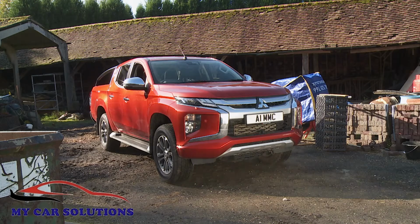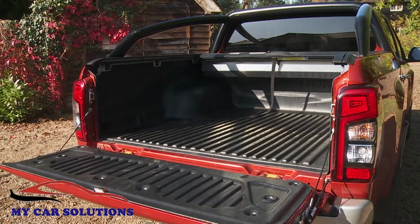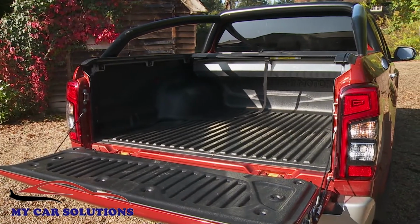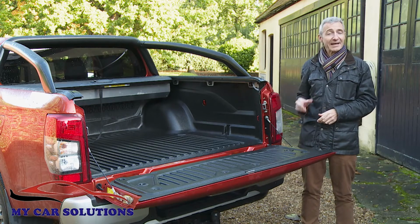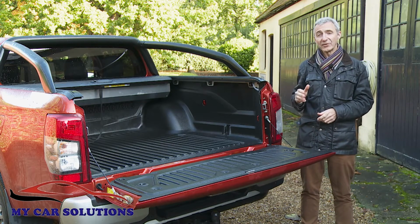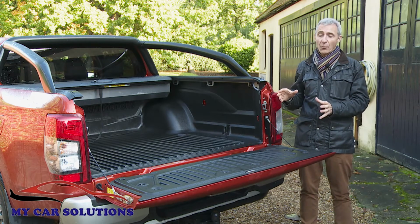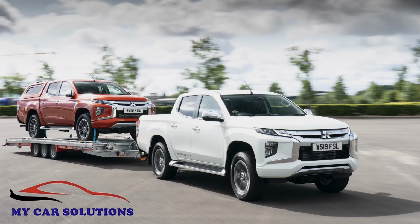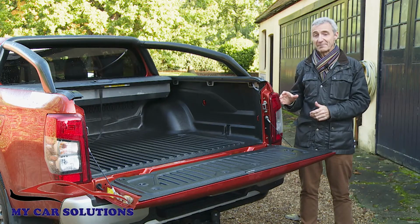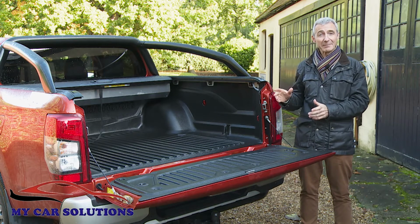What about practicality and costs? Well, this cargo bed is no larger than it was before, which means it's 475 mils deep and 1470 millimetres in both length and width, but it can carry a slightly heavier 1,080 kilo payload, or up to 625 kilos when this Mitsubishi is exercising its full towing capability. That's now been increased from 3.1 to 3.5 tonnes. So, as before, this L200 has one of the highest gross train weights in the pickup segment,